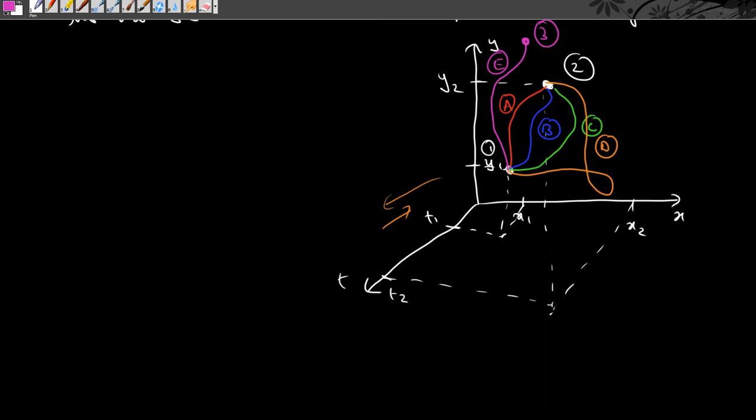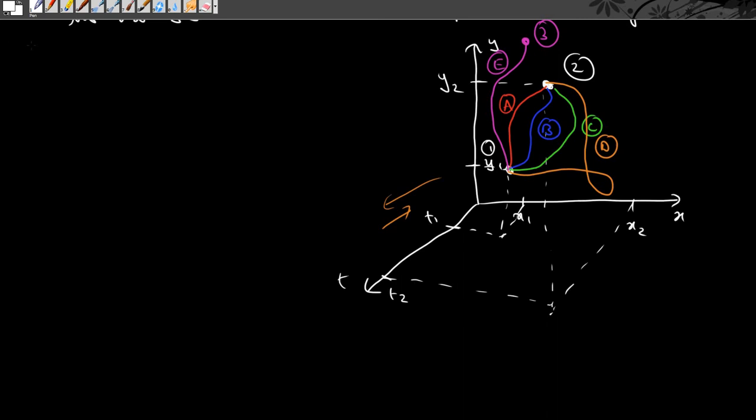So what do we have here? This is an important point to remember. This is important to understand when Hamilton's principle will fail. Hamilton's principle will only compare those paths which begin at point 1 and end at point 2. Comparing A with E does not make any sense because, first of all, E is not a possible path. So you should not compare A, B, C, D with the path E when you take the variation of the action integral.